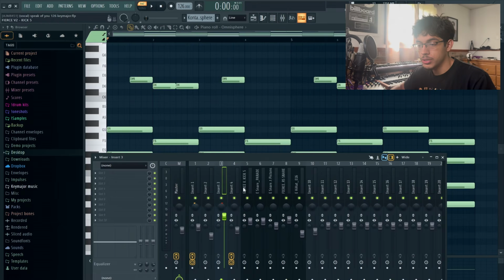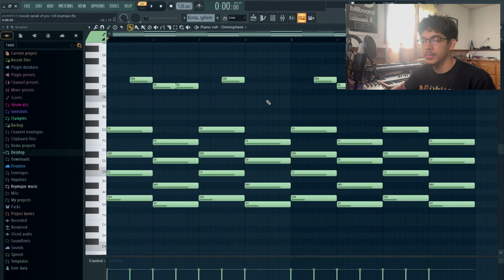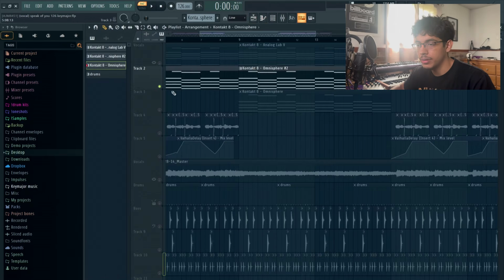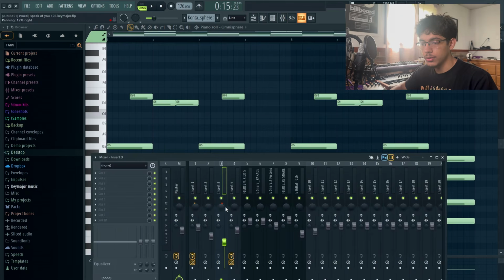Now, even though I turned it up so you guys could hear it, in reality, for the sample, I turned it all the way down. And I wanted this to just be a little high-end, a little texture to complement the pad that I played previously. But like I said, I just panned this one a little bit to the right,